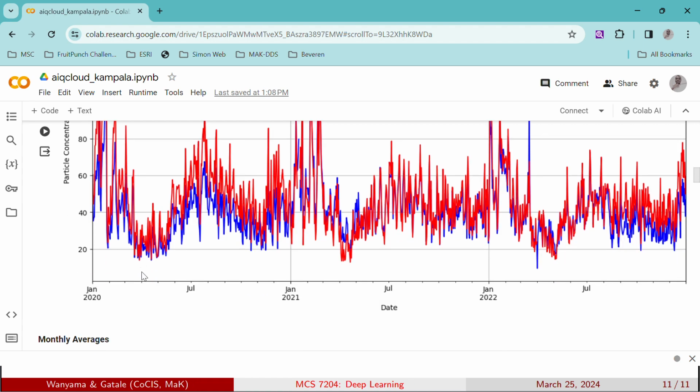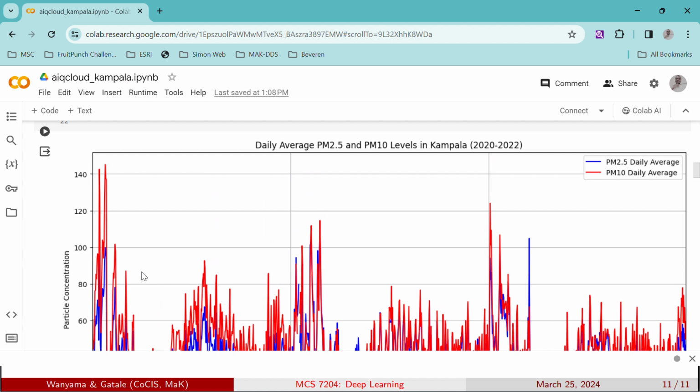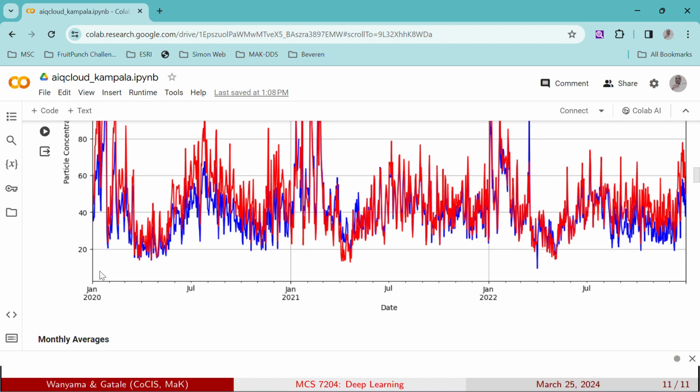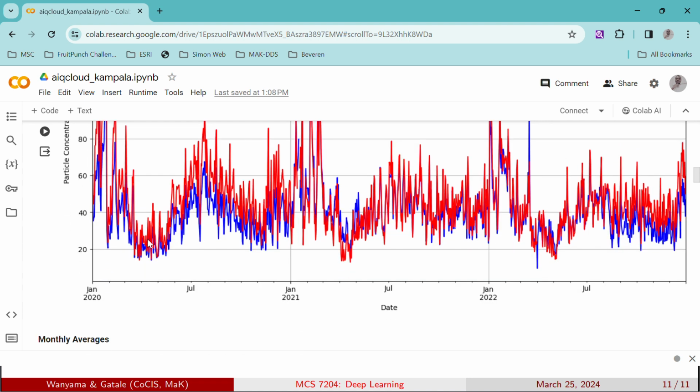You can show them just a little. No, you can. The PM2.5 is represented by the blue, and then the PM10 is represented by red. So as you can see, at the beginning of the year, the first months, the skies are clear, and more pollution is registered at the beginning of the year.